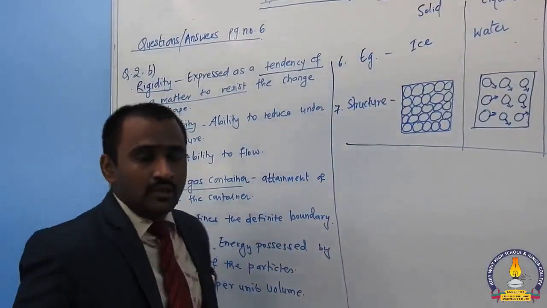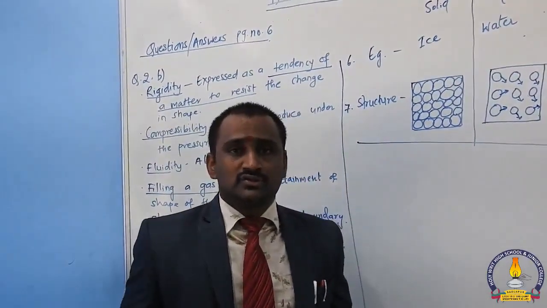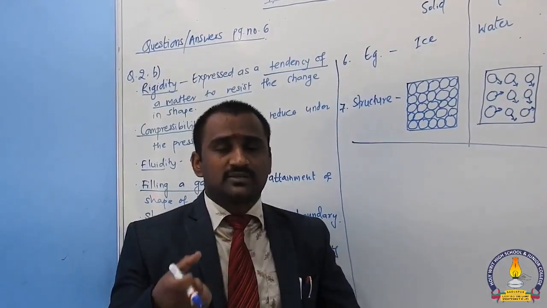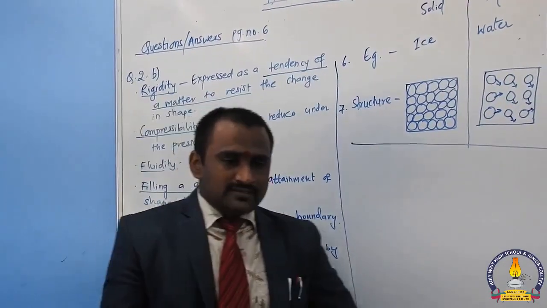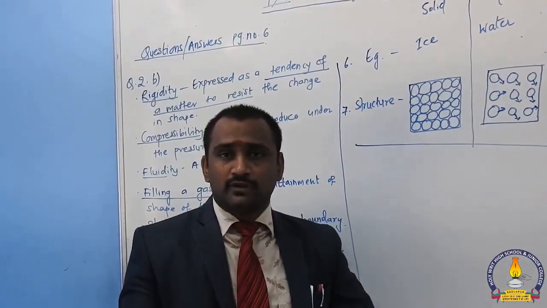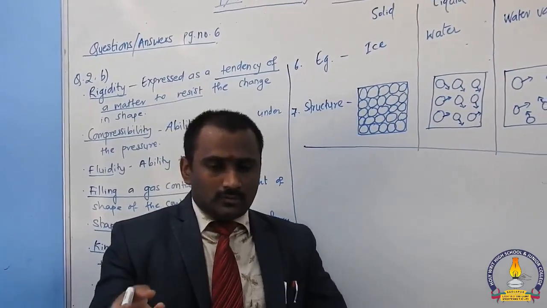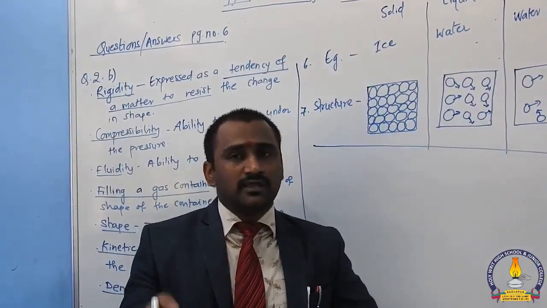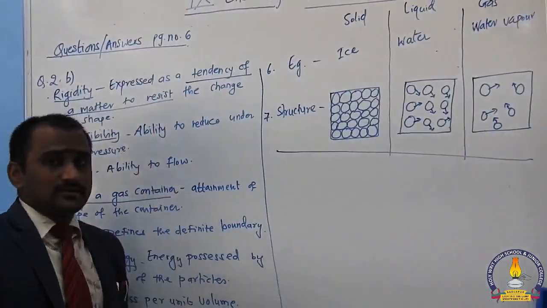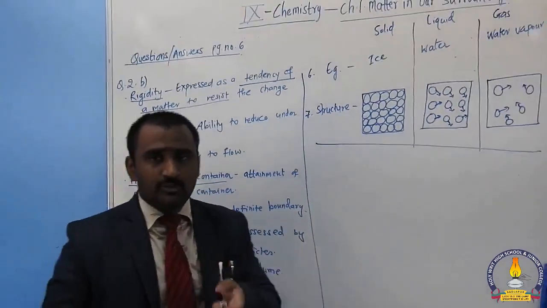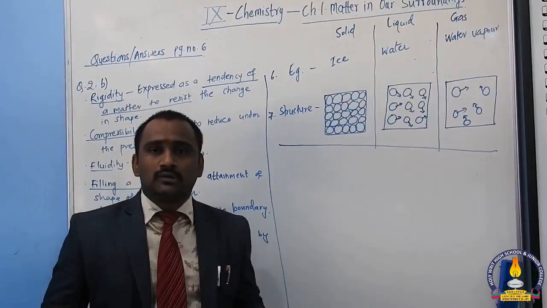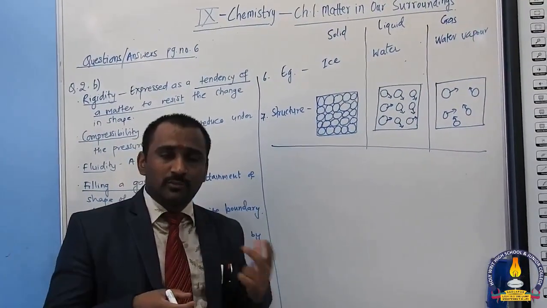Now we can see how matter can resist the change in shape. We can take the example of solid substances. A few examples we can say. One, we can take a chalk. Second, we can take a wood block, and third, we can take a nail. Now in this we can see the rigidity. First one will be the chalk. If we hammer the chalk, then the chalk will be broken, meaning the rigidity of chalk is less.